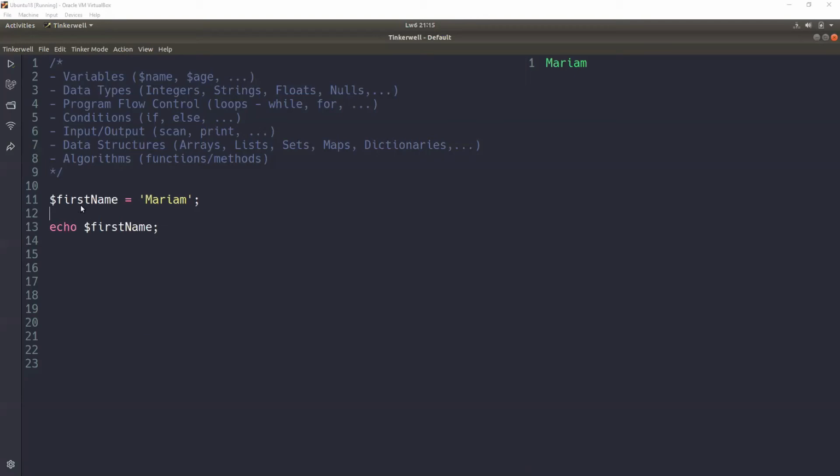So we've finished variables, and now data types. I'll just give an example, age. I'm mentioning some people's age here. Mariam, should we share your age?